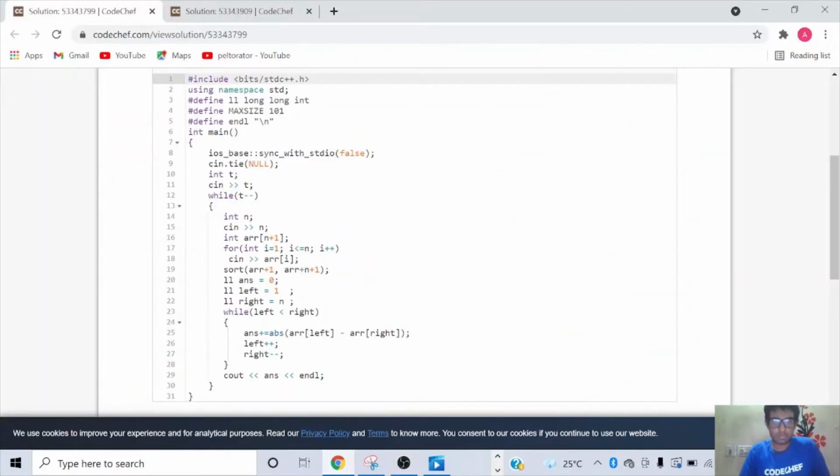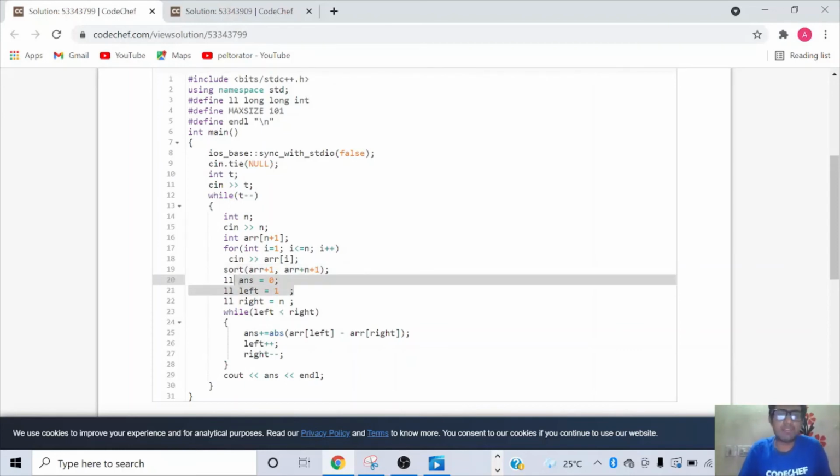Now let us look at the code for the approach that we have just discussed. In this approach, after taking the number of test cases t as input, we are inputting the array. After we input the array, we are sorting the array. Basically in C++, you can sort an array by passing the pointers to the starting and end of the subarray that you want to sort. In this case, because we have a one-indexed array, we are going to sort starting from the first element till the last element. That is why instead of having sort of arr, arr plus n, we are having sort of arr plus 1, denoting the element at index 1, till arr plus n plus 1, which basically denotes the nth element in this case. So 1 to n we need to sort.